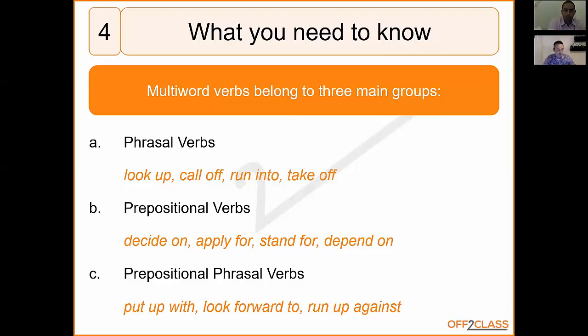First of all, phrasal verbs are the ones that we recognize immediately, but the second element, in this case, you've got look up, call off. So you've got the verb look followed by up. It's important for the student to understand that this is not a preposition here. It does not act as a preposition, but as the student would know, the 2 words together often have a meaning that is similar, but not necessarily the same as the 2 elements separately. So up doesn't act as a preposition.